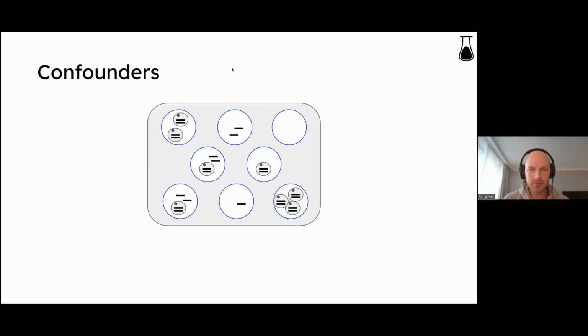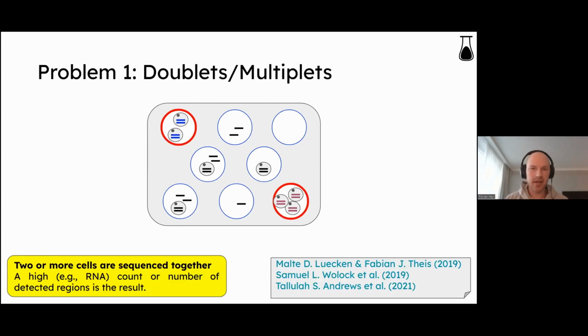In this graphic here, you see an example. Let's imagine a droplet-based method. We have here our droplets capturing our cells, and the lines here are our RNAs. And then one confounder, which happens very often, are doublets or multiplets. These droplet-based methods or well-based methods are not errorless. And so what happens is that you might capture not only one cell, but multiple cells. So 2 cells or 3 cells in one